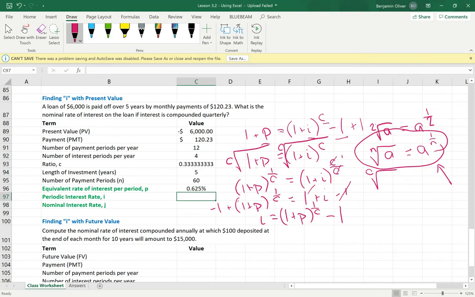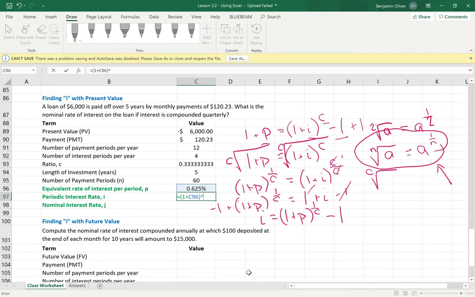Okay, I don't expect you to be able to derive this formula. I'm just showing you how I arrived at it in order to place it in Excel. All right, so knowing that formula, we can then place it for periodic interest rate here. Okay, so if we do that, I'm going to do equals bracket 1 plus p, which we know is this value,